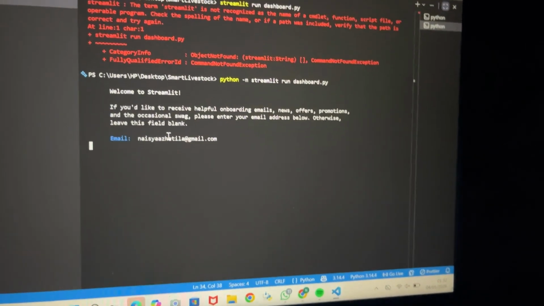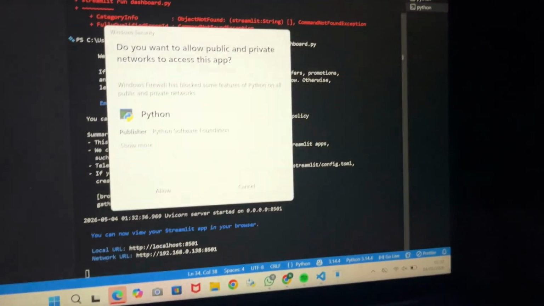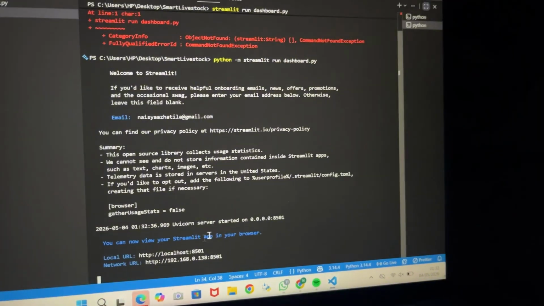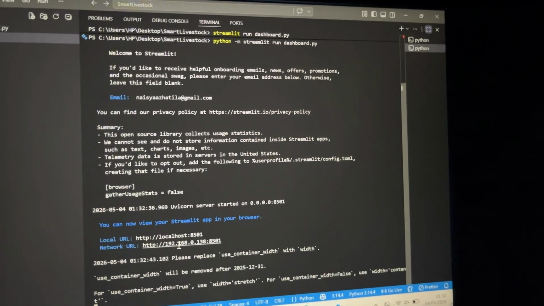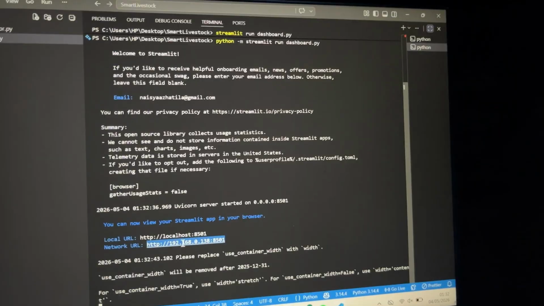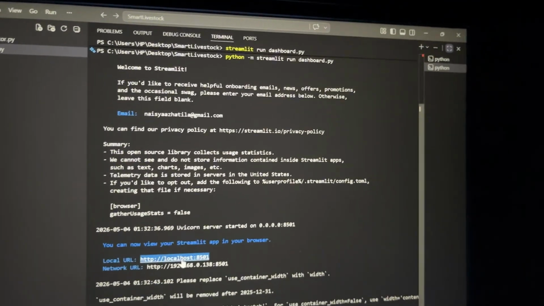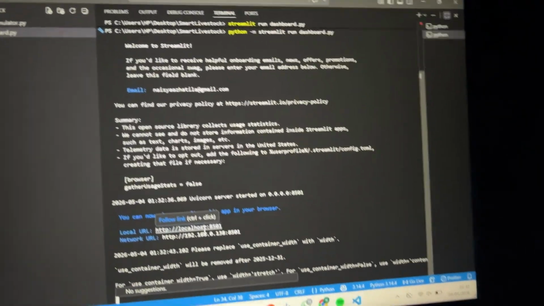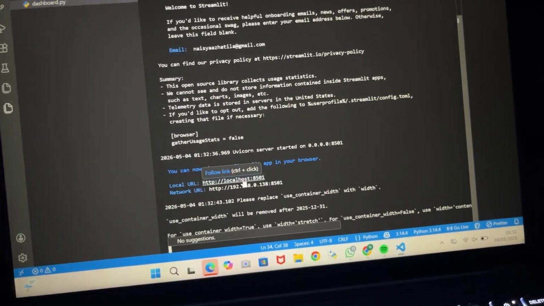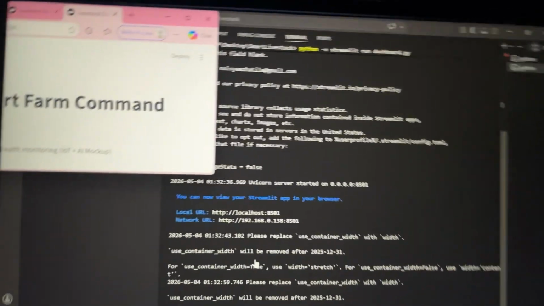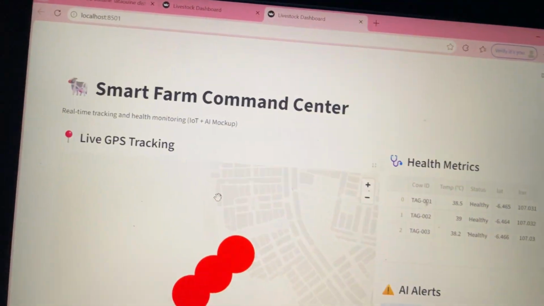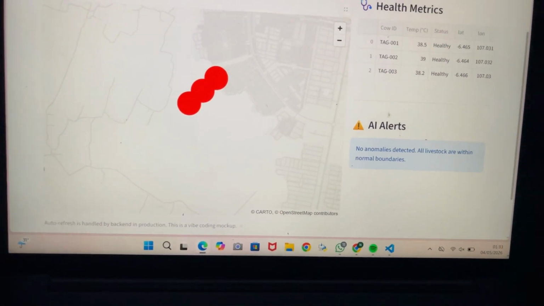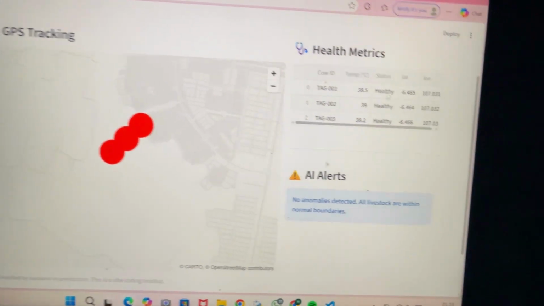Usually you type streamlit run dashboard.py, but what if you hit enter and suddenly see scary red text saying streamlit is not recognized as the name of a cmdlet or function? Do not panic. This is a very common Windows configuration issue where your system path is not set up properly. Here is the pro tip to bypass the issue. Instead of calling Streamlit directly, you just ask Python to run it as a module. You type python -m streamlit run dashboard.py. You hit enter and boom, it works perfectly.